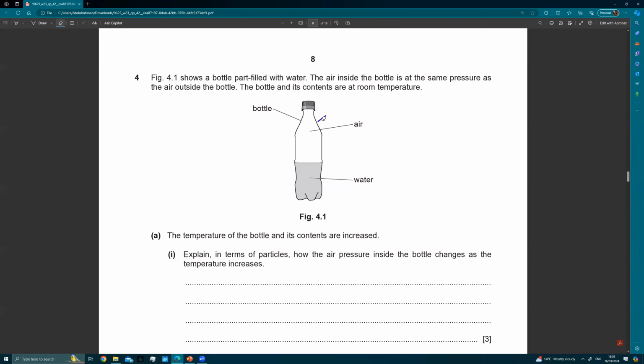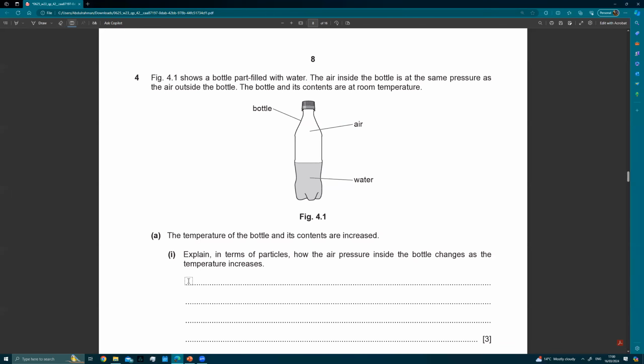Okay, the temperature of the bottle and its content is increased. So you've increased the temperature of the bottle. So everything inside, right, you now have a higher temperature. It says explain in terms of particles, right? In terms of particles, how the air pressure inside the bottle changes as the temperature increases. So what I can say